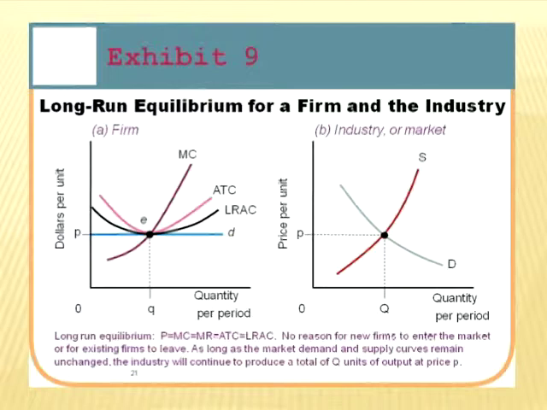It means every firm builds the most efficient plant possible. That's what's meant by the long-run average cost curve being at a minimum. We've built the size plant that is perfect in the industry, and they operate it at the perfect level of output. There's no possible way to produce this product any cheaper than what it's currently being produced at, given the current state of technology. So from society's standpoint, this gives us the maximum amount of product with the minimum amount of resources, and it means that we have absolutely the most efficient operation.